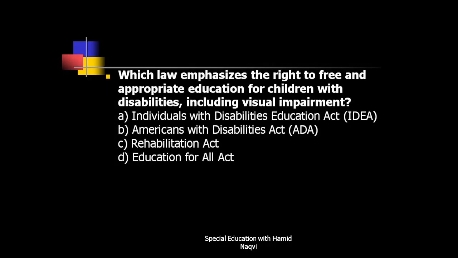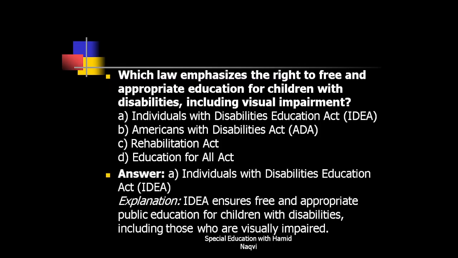Next is which law emphasizes the right to free and appropriate education for children with disabilities, including visual impairment? IDEA, that is Individuals with Disabilities Education Act, Americans with Disabilities Act, Rehabilitation Act, or Education for All Act? Answer is IDEA. And we know IDEA ensures free and appropriate public education for children with disabilities, including those who